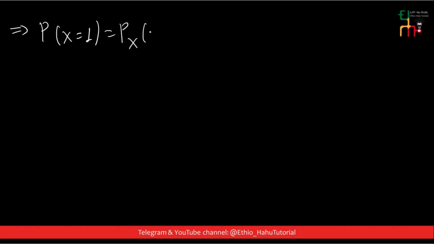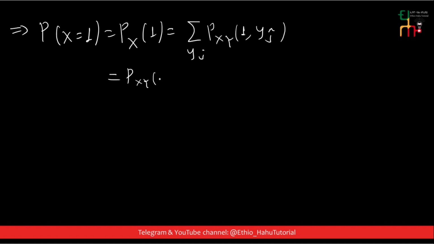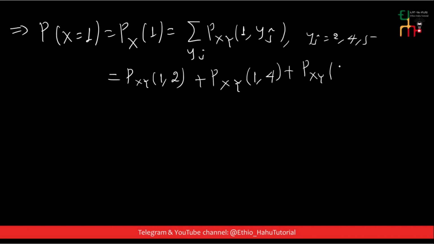Probability mass function of x of 1 this is equal to the sum over all yj's the joint probability mass function of xi ምንድነው ማለት ነው? 1 and yj ይሄ ማለት probability of xy of 1, yj ማለት 2 y ከሁለት ስለሚጀምር ማለት ነው። In this case yj ማለት 2 4 እና 5 ነው። Plus the joint probability mass function of 1 comma 4 plus the joint probability mass function of 1 comma 5